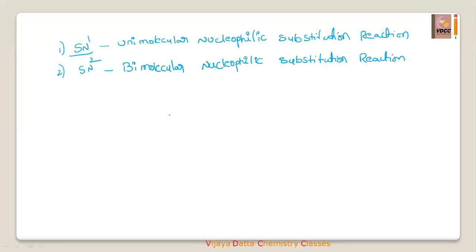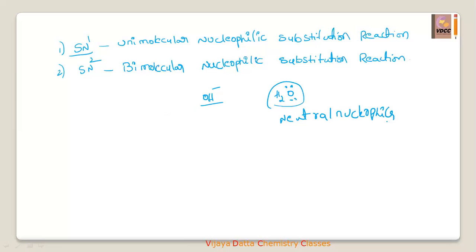Cl minus, OH minus, all these come under the nucleophiles. There are two types of nucleophiles: charged nucleophiles and neutral nucleophiles. OH minus has a negative charge, so it is called a charged nucleophile. And what is meant by a neutral nucleophile? It has excess lone pairs, for example H2O. It has two lone pairs, so it is ready to donate electrons. These types are called neutral nucleophiles.